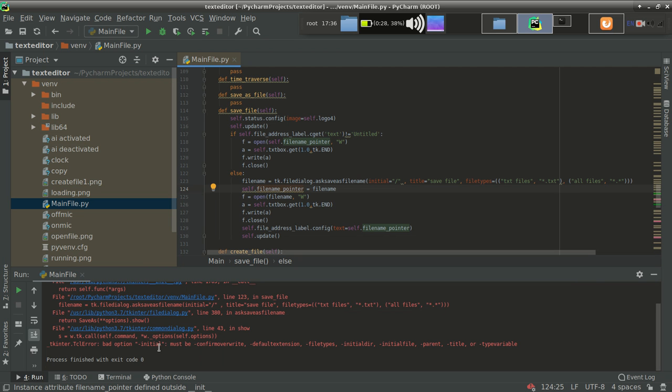Bad option, initial must be confirm overwrite or something else. So it is suggesting that initial dir is a bad option. Wait. tk file dialog.